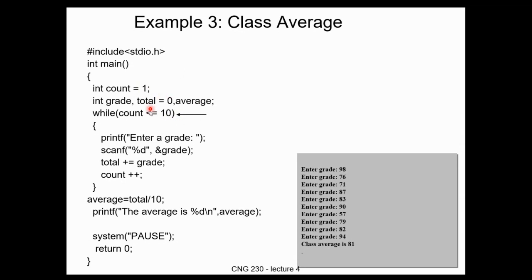So we already know that there are 10 number of students, so this is the way we defined 1 to 10. And don't forget to put count plus plus, so we want to increase the number of count until it reaches 11, and finally we get out of the loop. So from the beginning, we ask the user to enter the grade, and we save it inside the grade variable. You see, for all of them, we should define it